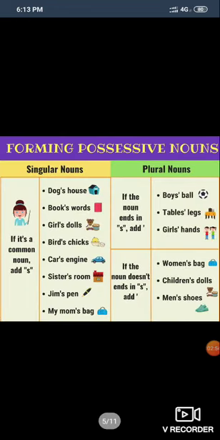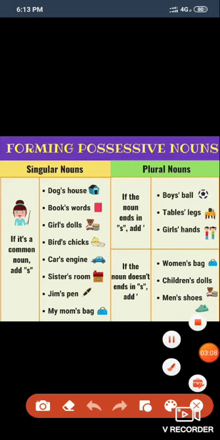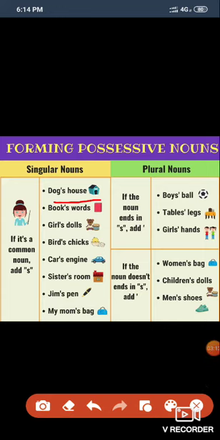Now here some more examples. If it is a singular common noun, then we add apostrophe s. In the example, dog's house means the house is of the dog.